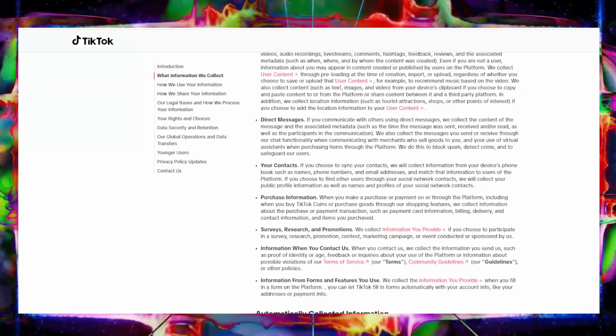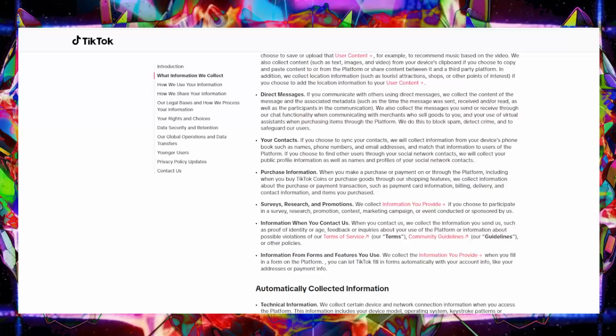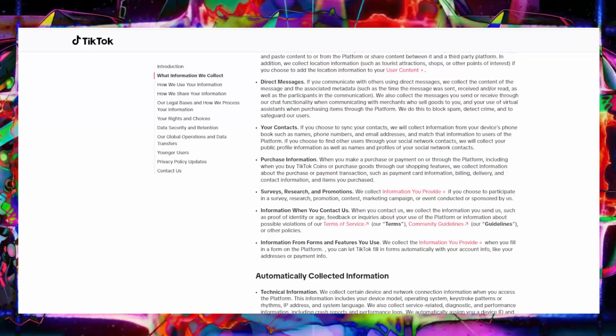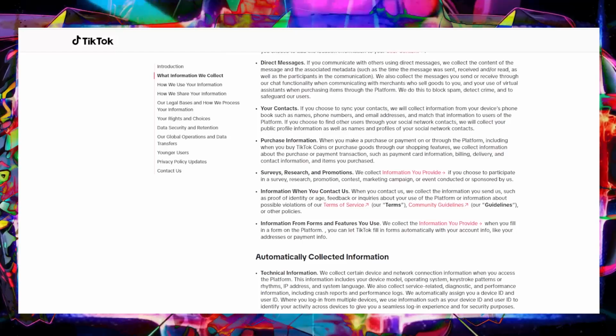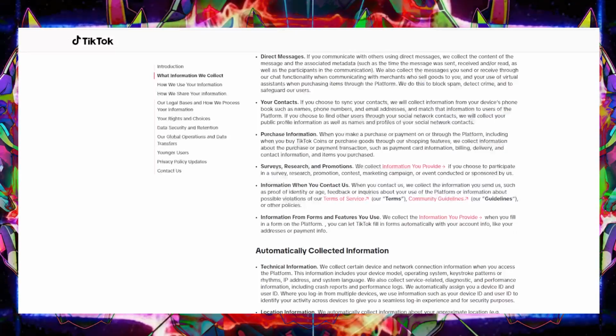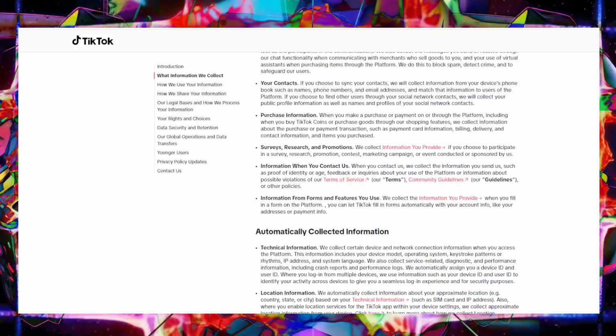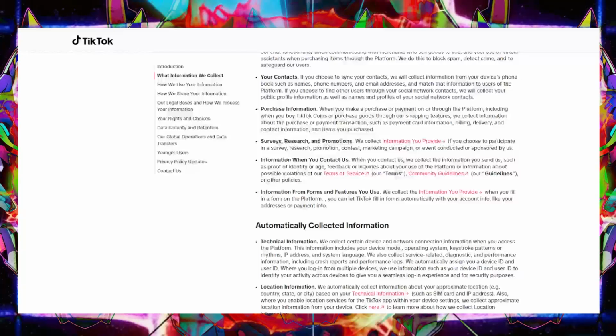I mean, you probably already know TikTok's gathering data on the videos you watch and create, comments you leave, your profile info, all that. It's like their way of getting to know you, digitally, I mean. Yeah. Your tastes, your preferences, your whole online personality. Right, but it gets way deeper than that.